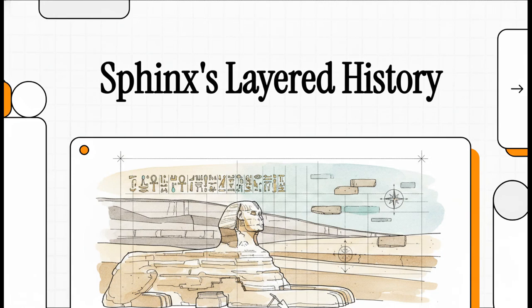Welcome to This Explainer. You know, when we picture the Great Sphinx of Giza, we usually imagine this single, timeless monument, right? Like it was just carved perfectly from stone by one ancient visionary and left there for eternity. But what if I told you the Sphinx is actually less of a static statue and more like a continuously